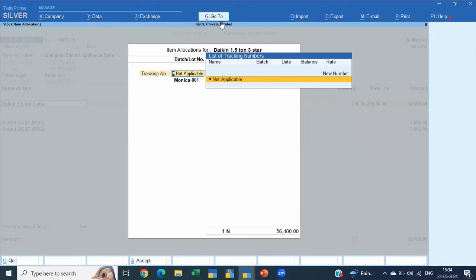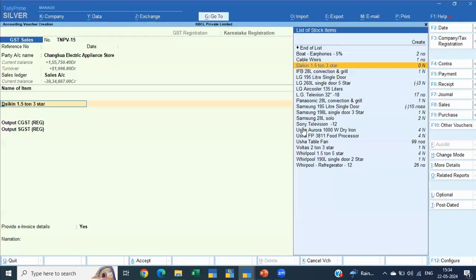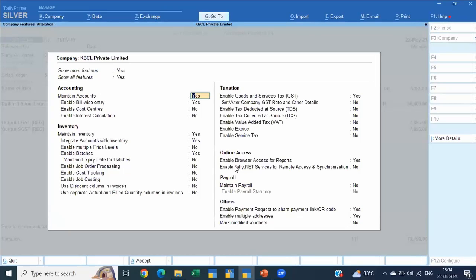If you're asking me the string number itself should not come, how do we do that? Then you put it into F11. I'm sorry, you'll have to come out of here. F11.